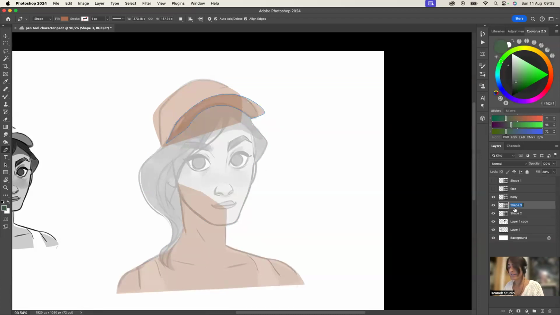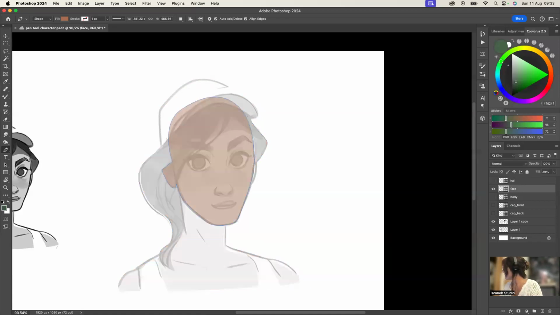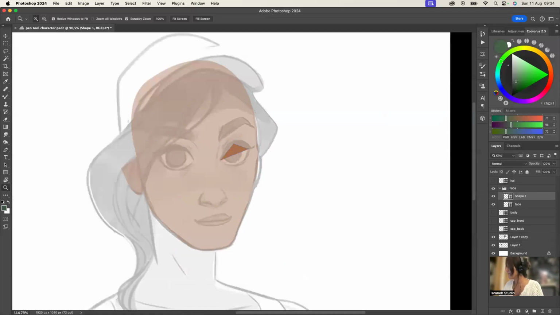So this is the cap font. This is the back. So this is everything with the, who's this? Oh, the hair. Here. So I'm going to create a folder with face because I want to add the facial elements too. So I'm just going to go ahead and